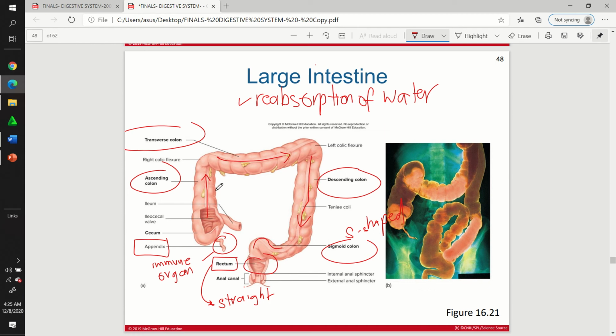So the food now begins its journey through the large intestine where the ileum and cecum join with the ileocecal pouch,